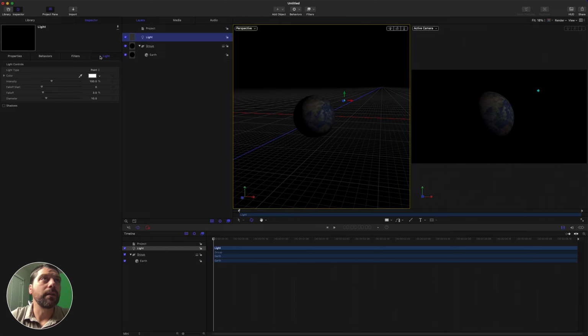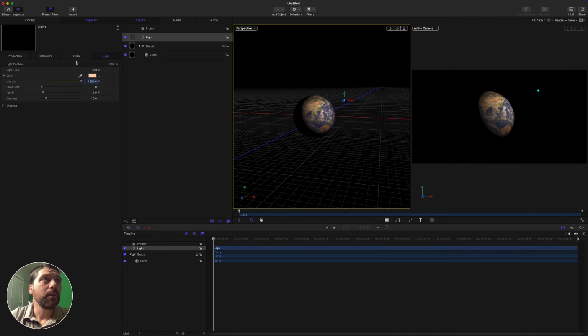We go into the light right here under the inspector, and we can change the color a little bit. Maybe make it, I don't know, warm-ish, because maybe it's coming from the sun. Go to intensity, increase that a whole bunch, and you get to this 400, and it's not very good, so you just drag up on it or type in a number here of like, I don't know, 1200, and it gets brighter. That yellow looks pretty bad though, so I think we'll go something like that. Anywho,